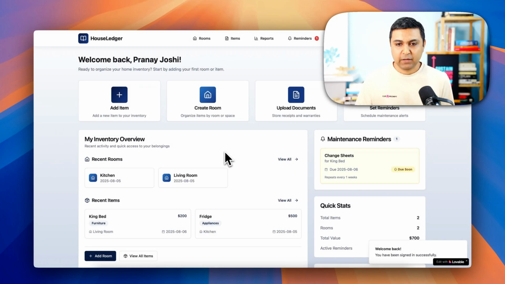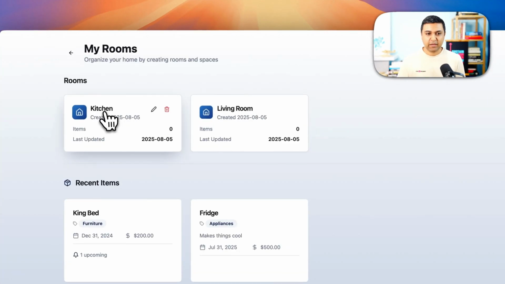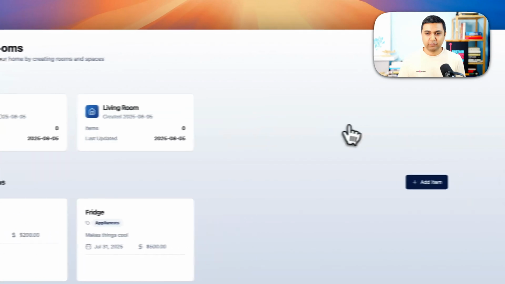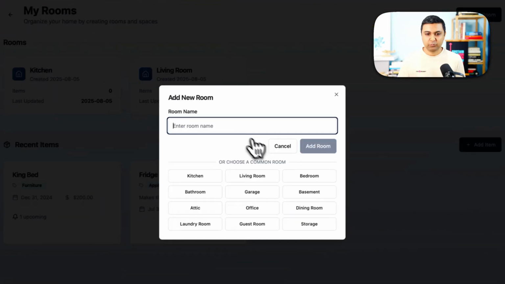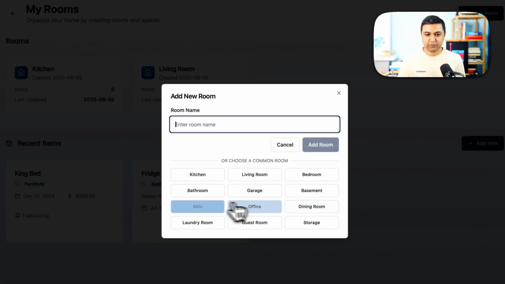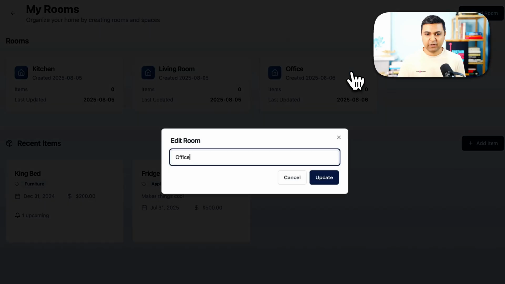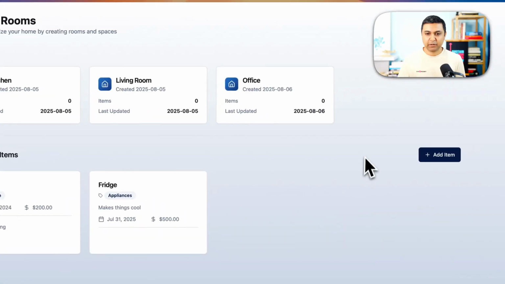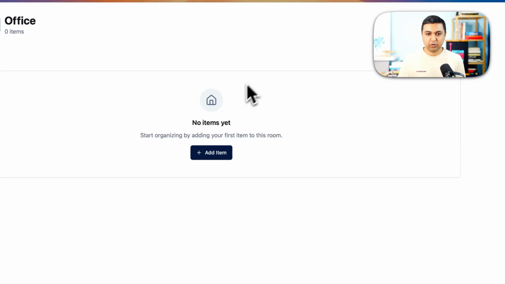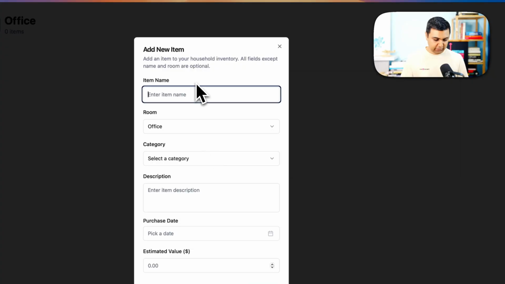So now that I'm inside, I can go to my rooms and then have kitchen, living room. I can add a new room. It has this little simple way of adding other rooms like office. I can edit. There are some items here, but if I were to click on office, I can add an item like